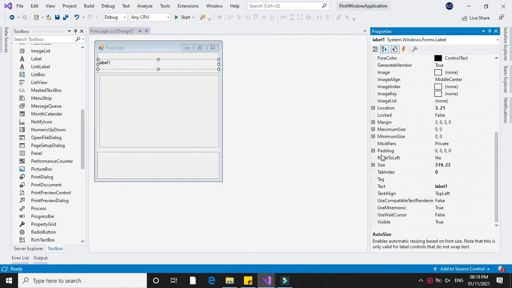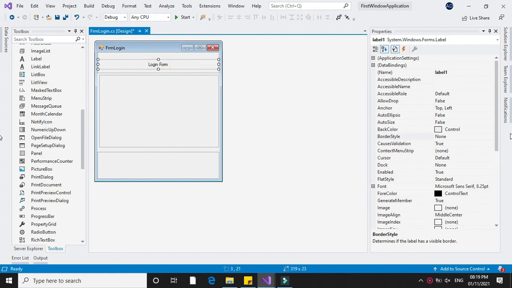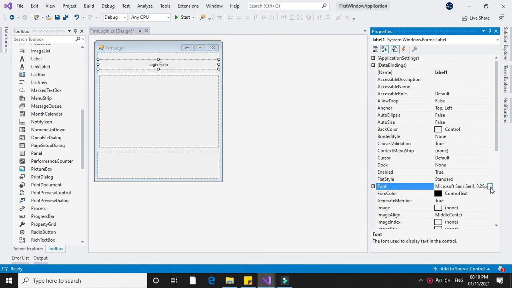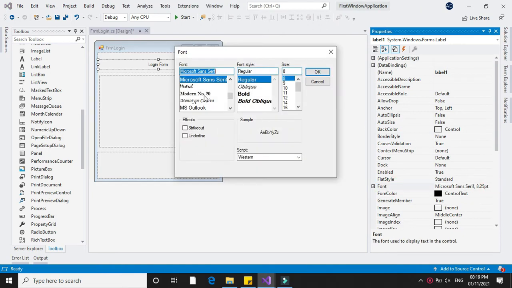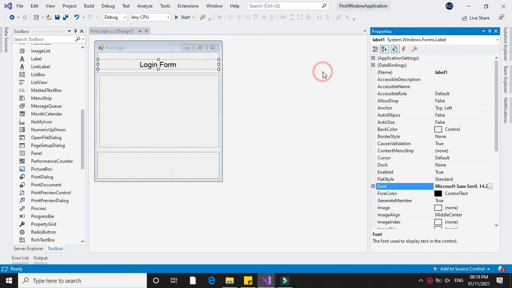Make the text alignment to the center and give the name login form. Change the text property. Change the font property. And change the background color.